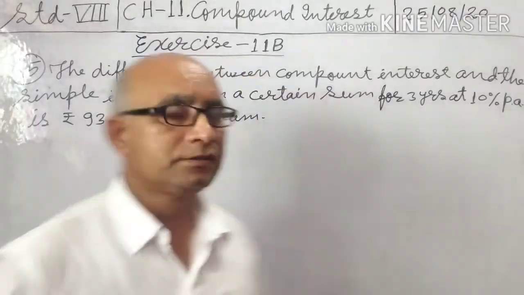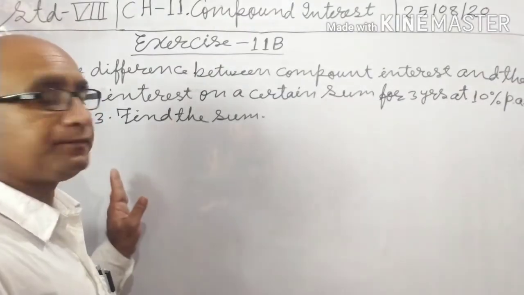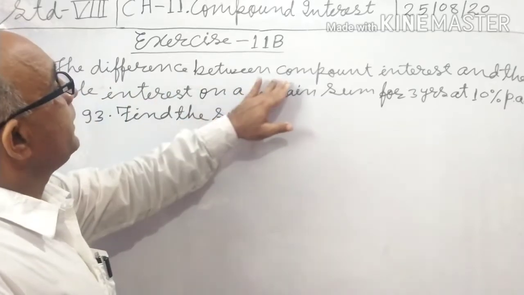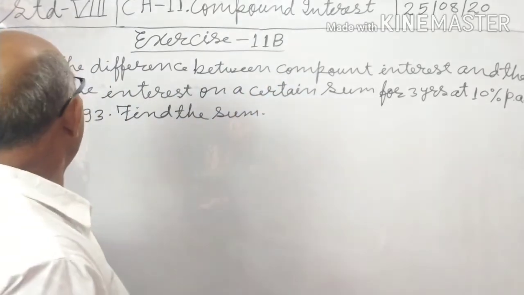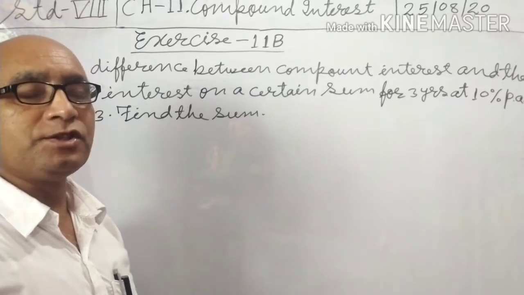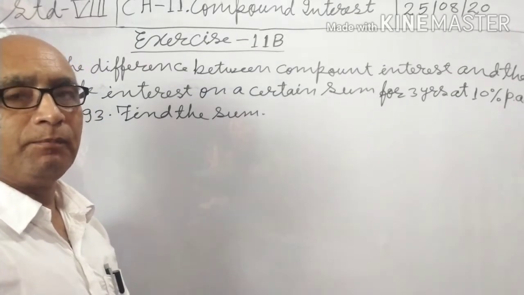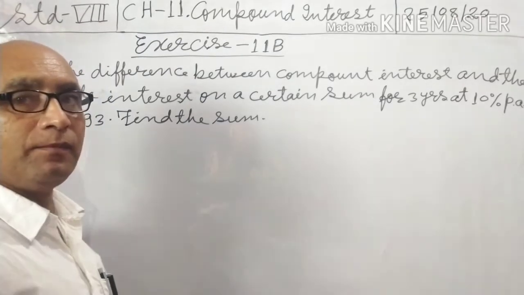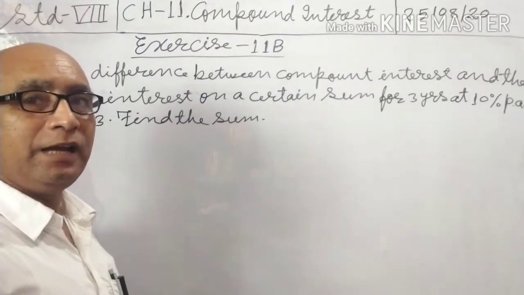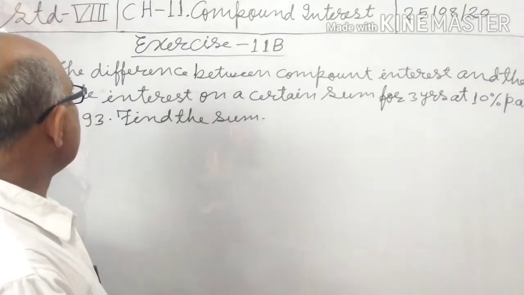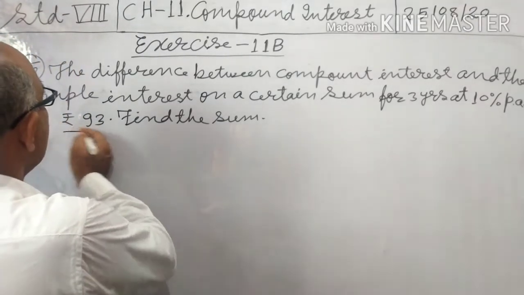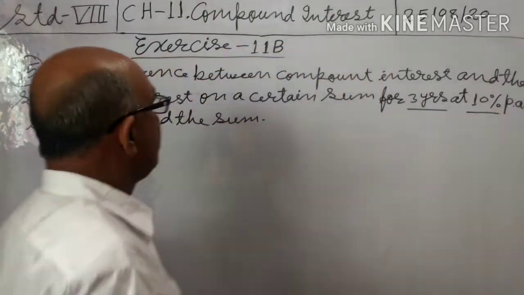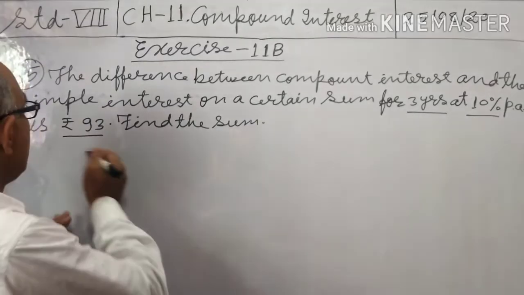Friends, next question is 15. It is a very important question. The difference between the compound interest and the simple interest on a certain sum for 3 years at 10% per annum is rupees 93. In 3 years, rate 10% per annum. Find the sum. So let